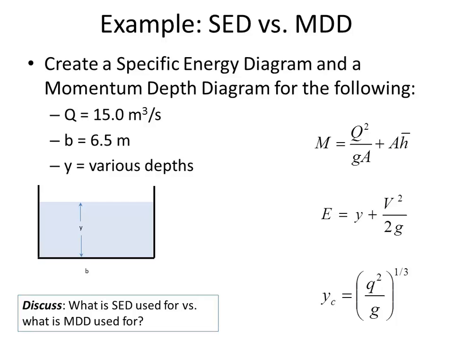In addition to doing it in increments of 0.2, also do it at the critical depth. So the formula for the critical depth is here. Add that in. It's probably not going to land exactly in one of those increments of 0.2. So go all the way from 0.2 to 4, solve just on maybe in the spreadsheet or by hand, find the critical depth, and also find the momentum and the specific energy at the critical depth. I'll be circulating around.